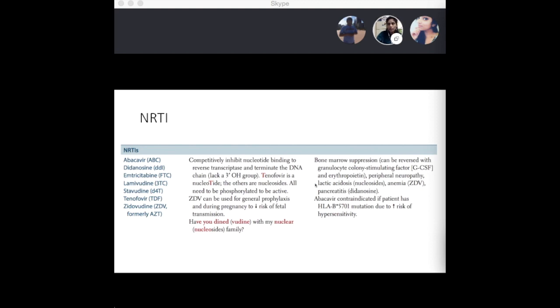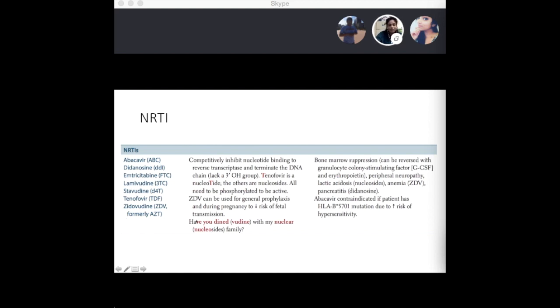And then importantly, zidovudine is the best for pregnancy. It's actually the best all around in terms of pregnancy, meaning during pregnancy, during labor, and postpartum, to reduce the risk of transmission. So not just during the pregnancy period, but it can be even after, even postpartum, for at least about 6 months. But in addition, we have the abacavir, didanosine, lamivudine,